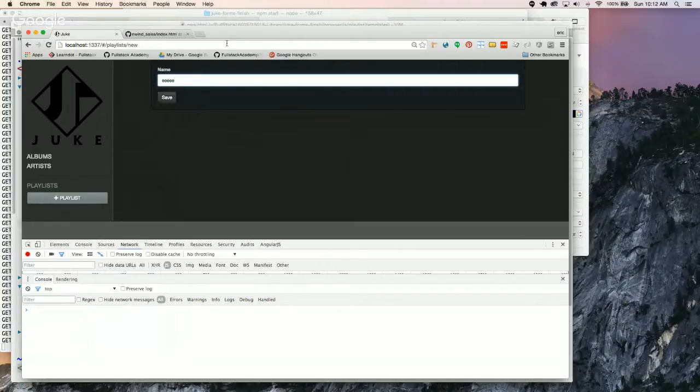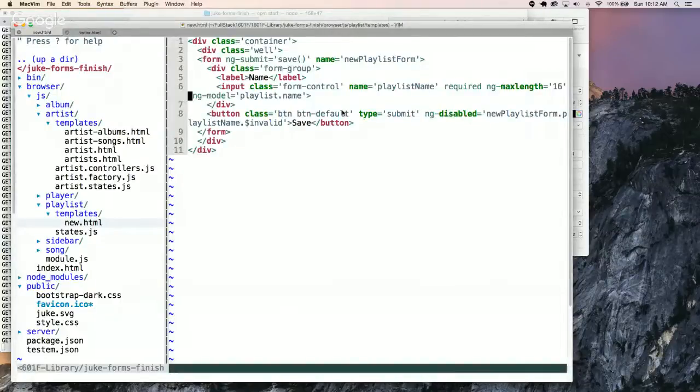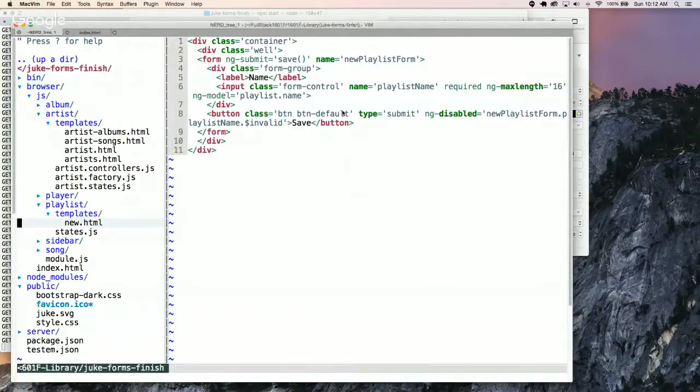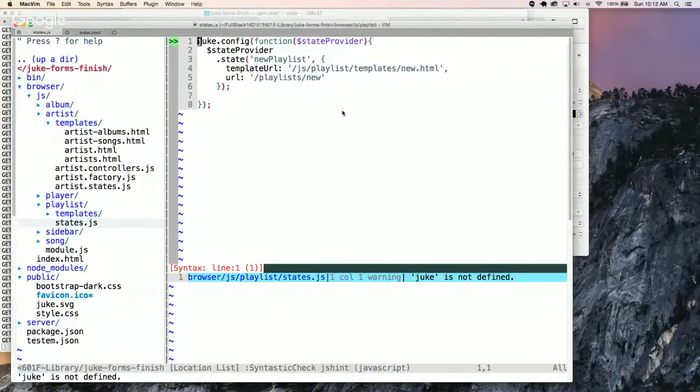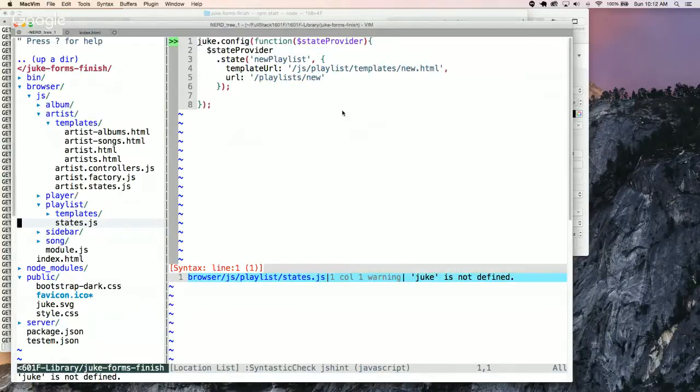So if we do this, right, then we can handle this. Now, we don't have a controller at this point. We could go in here and if we wanted to set this up as a controller, we could do an inline controller here, which is fine. But we could also go over here and say that we're going to have a,